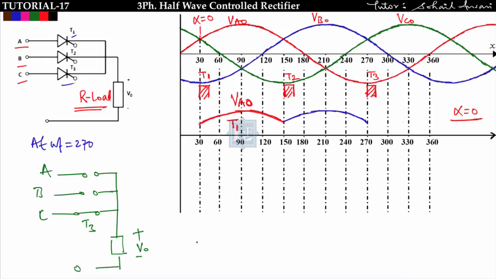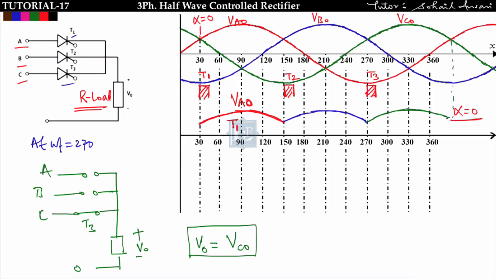So in this case output voltage will follow the Vc0 waveform. You can see here that our V naught is equal to Vc naught. I will get Va0, and Vb0 is open circuited. So output voltage will follow the Vc naught waveform like this, and it will continue till this point, because I